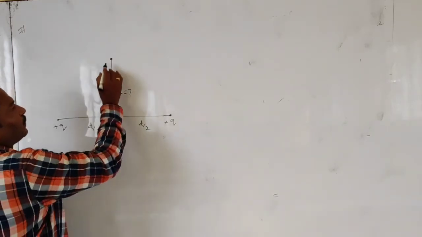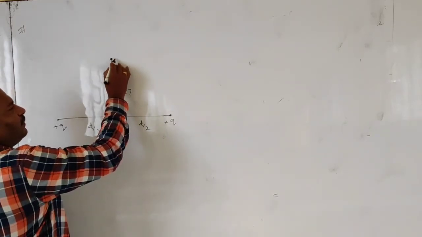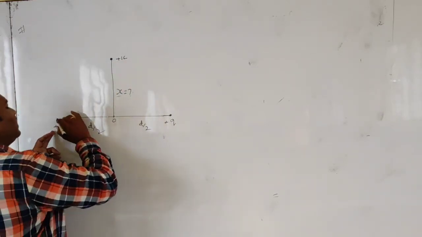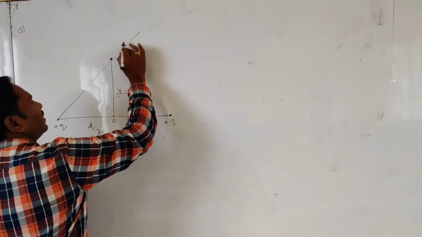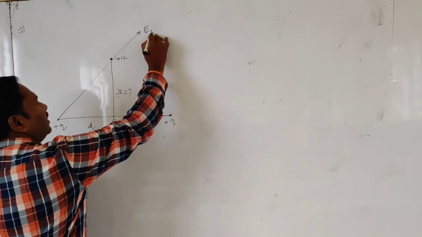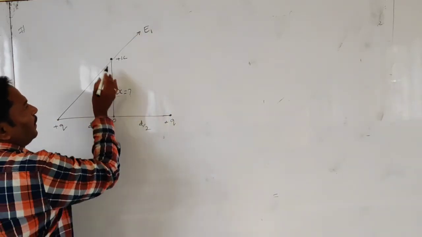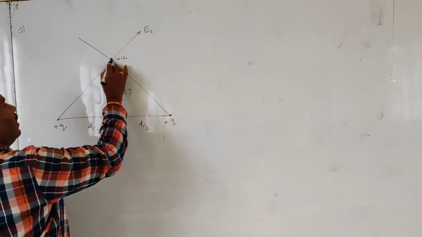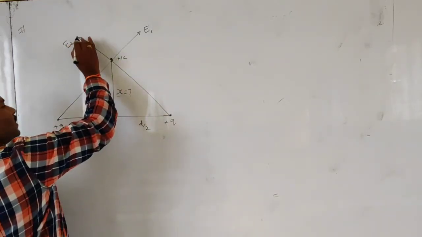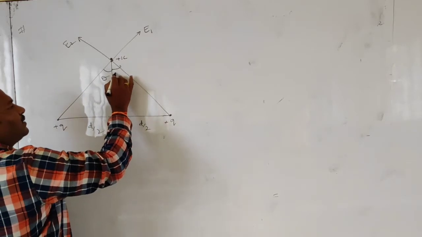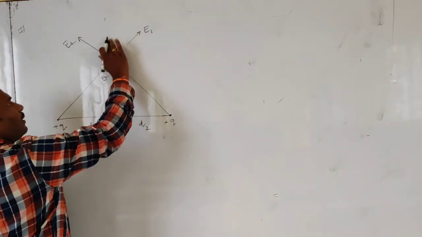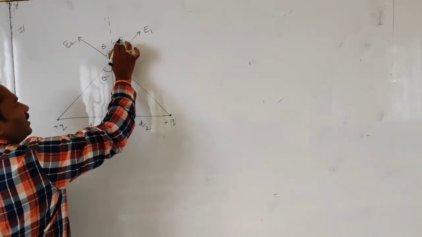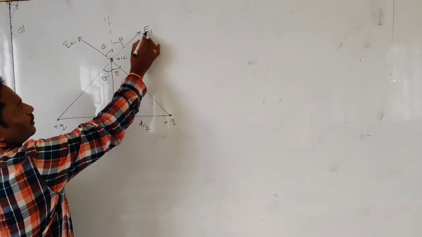In order to find the net intensity of electric field at this point, we place 1 coulomb plus charge. Plus charges repel each other, so in this direction we have E1, and here also plus repel each other, so in this direction it's E2. Here it's theta. Now this is the bisector, so here also it makes theta. Now it resolves into two components.